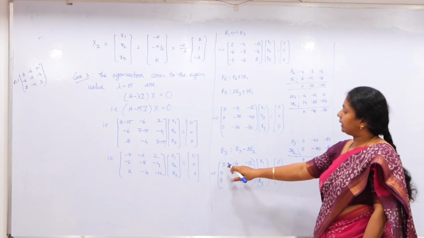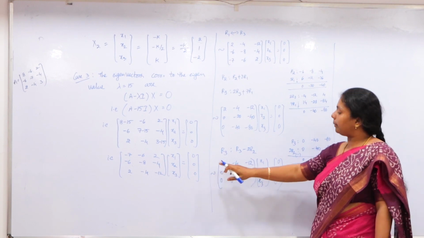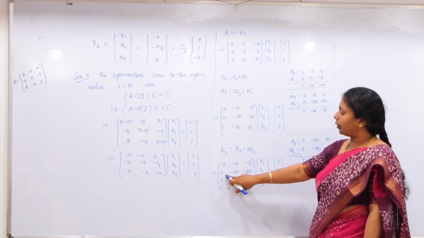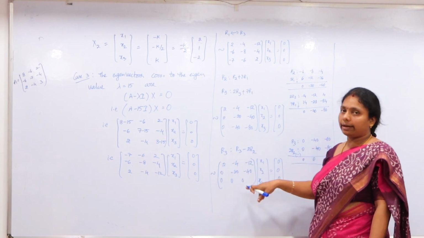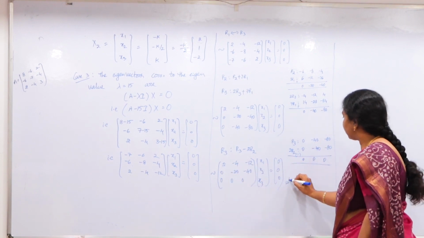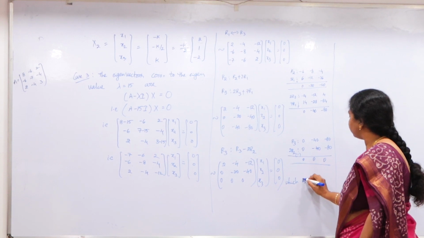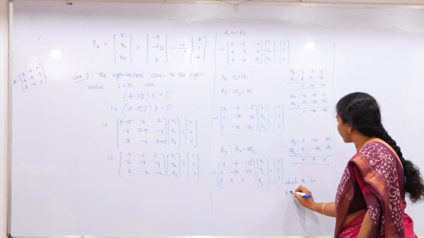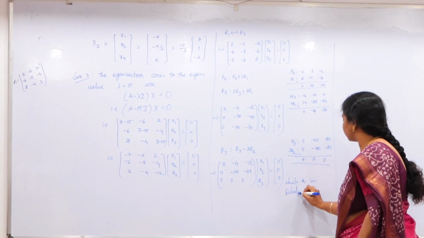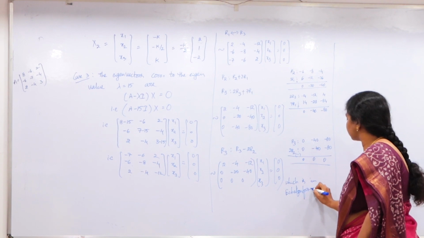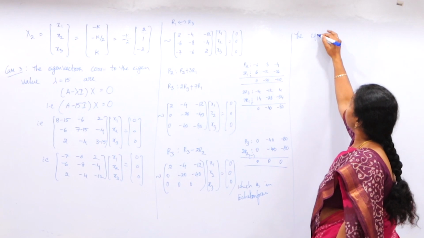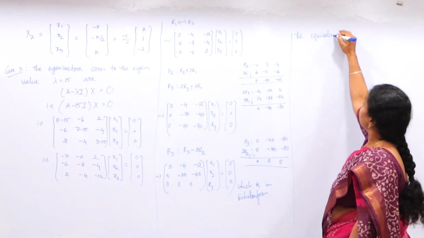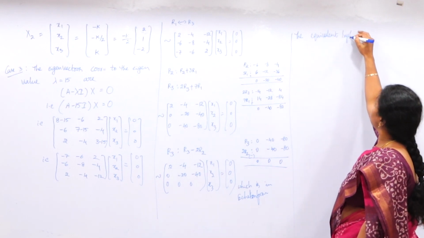See, first row contains no zeros before non-zero element. Second row contains 1 0 before non-zero element. Third row contains more than 1 zeros. So, clearly this is in echelon form. So, next, write the equivalent system of equations. The equivalent system of equations are